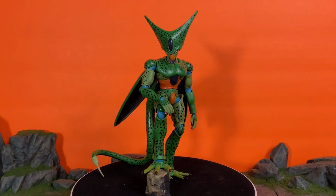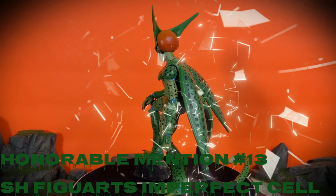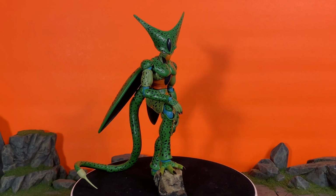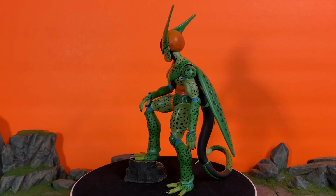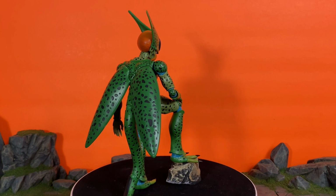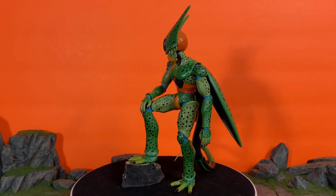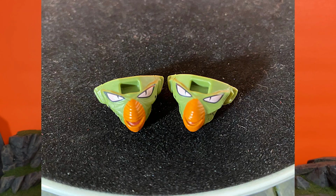So now coming in at number 13 is the SH FIGUARTS Imperfect Cell. And let me tell you that this almost made it on my list, but didn't. Another figure did bump Cell off, because even though this Cell looks fantastic, it does have its issues, like a universal issue of some super tight joints, and that is always a scary thing because you risk breaking something when joints are that tight. I also did have a QC issue with getting two of the same open mouth yelling